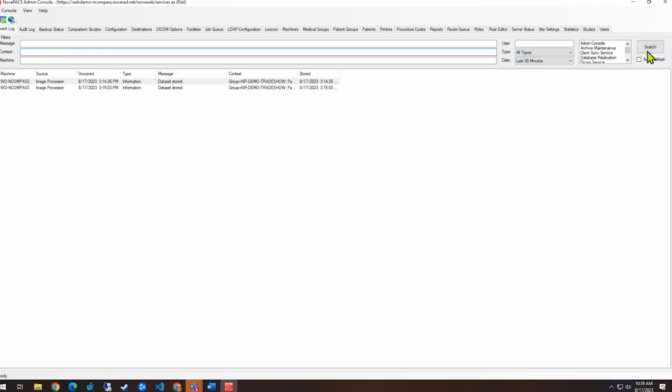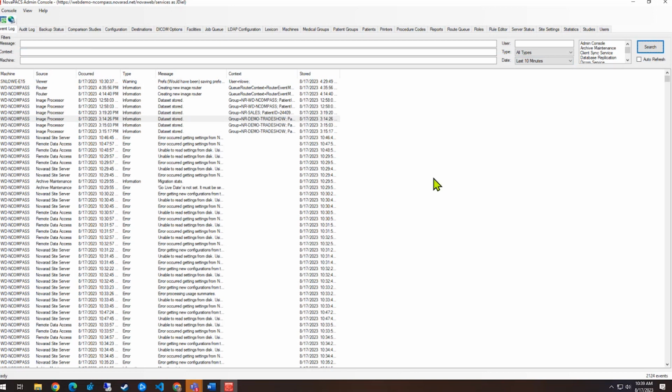So hopefully most people are familiar with the event log and what goes on. Sometimes there will be a degree in which you're going to want to filter out the noise. But you know, these filters are fantastic. We use them a lot in support, just to make sure that you're not seeing too much, especially for things that don't matter. If you're getting a brand new server and your old server's out of space, it's kind of going to spam the event log, and it's going to look concerning, but it's not going to be concerning. So keep an eye on the machine so that you can make sure that you are looking at the correct system or looking at systems that matter to you.